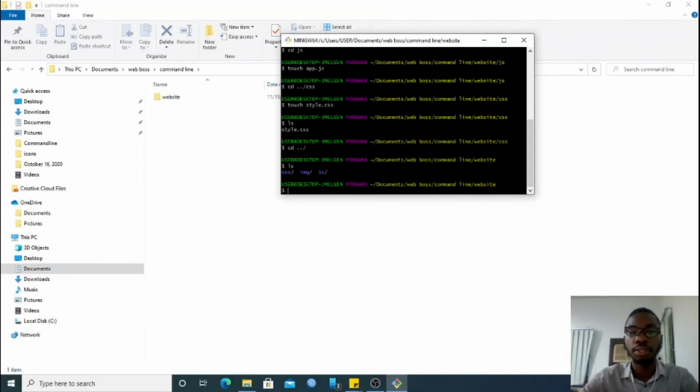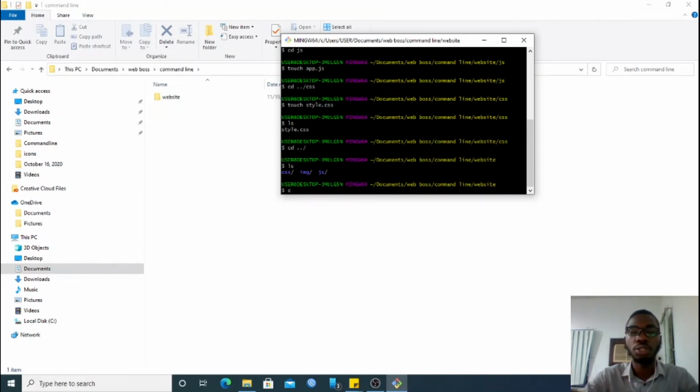The fifth thing that I think every developer should be able to do in the command line is the ability to delete files. A quick recap before we talk about that. Now we know how to create directories, move from one directory to the other, create files, and of course see the files in our current directory. The next thing we want to talk about is the ability to remove files.